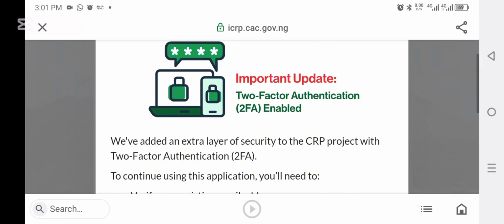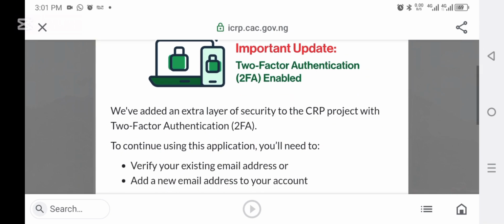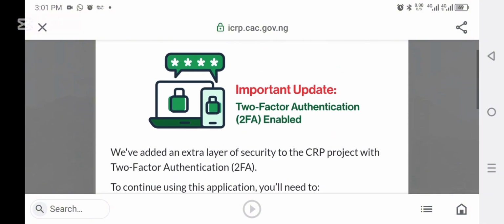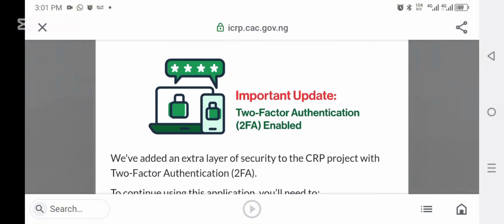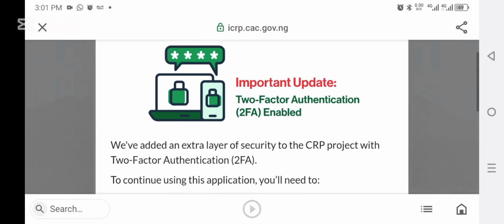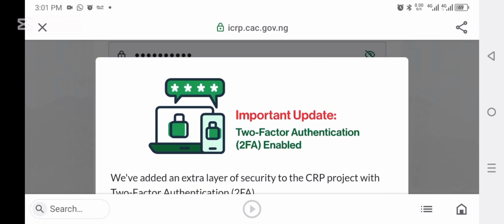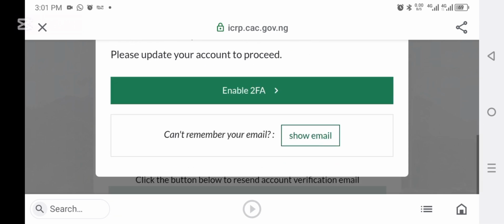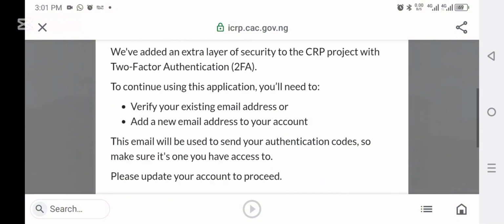After you log in, after you put either your username or your email address, it will bring you to this homepage. Because of this AI, they are still introducing 2-factor authentication, that's 2FA, so that they will ensure that you are the one actually accessing your registration portal. You can verify your email address, or in case you did not add an email before, you can add your email now. So just click on enable 2-factor authentication